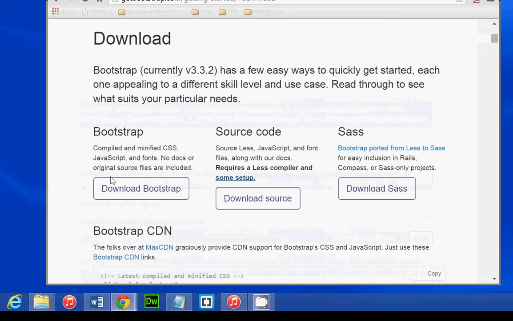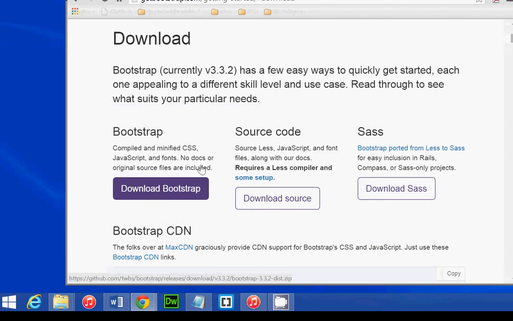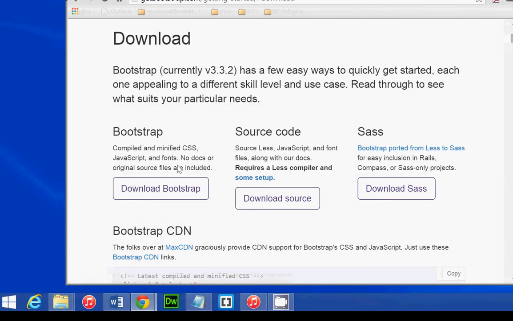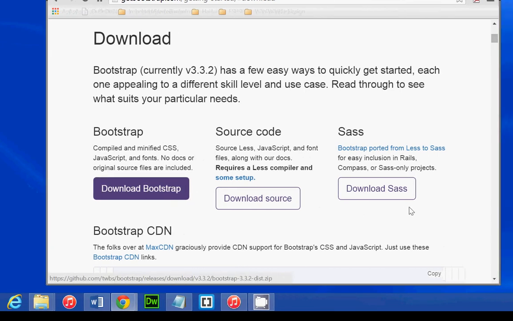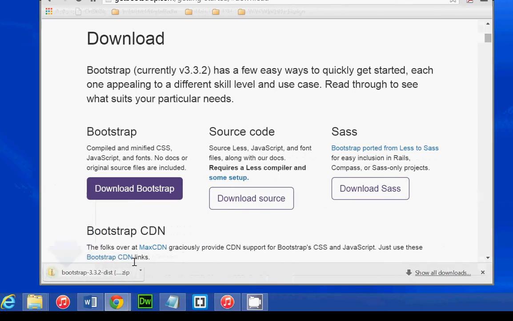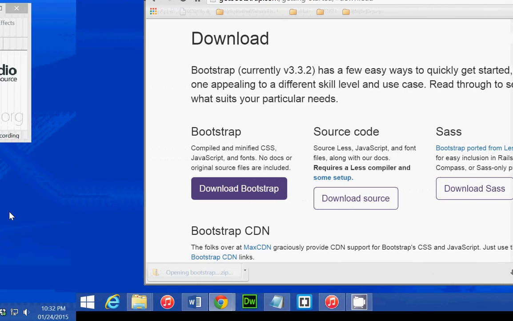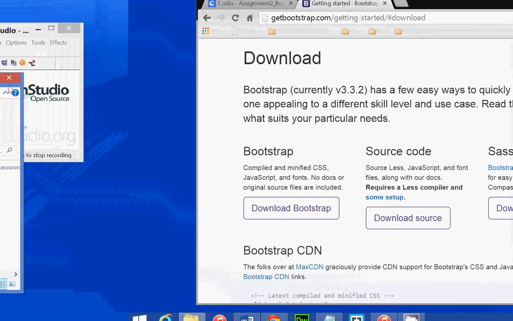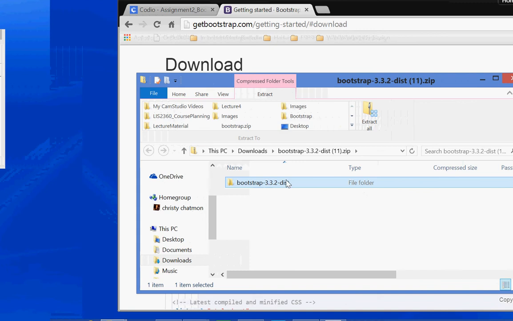But we're going to select the first option that you see there, which says Download Bootstrap, and you can see the description for what this file consists of. So we're going to click on that button, and you'll see that downloads a zip file. So we need to extract that file. I'm going to open the file, if you see there, and I'm going to extract